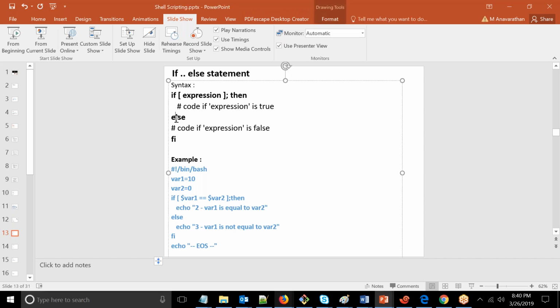So now what will happen? If this condition is met, it will execute this statement. If the condition is not met, whatever you have given in the else, it will run. Okay. Now, if I go back to this program, what we have